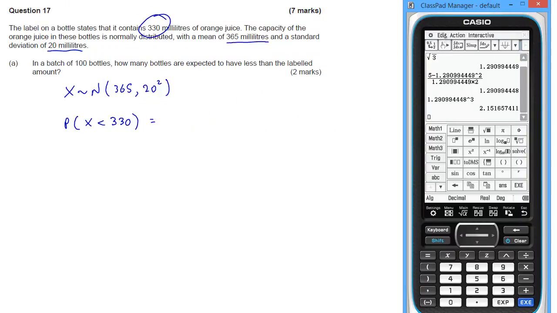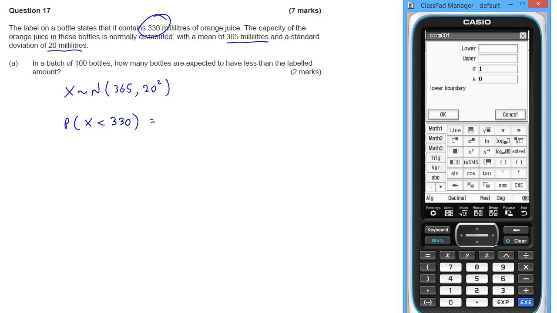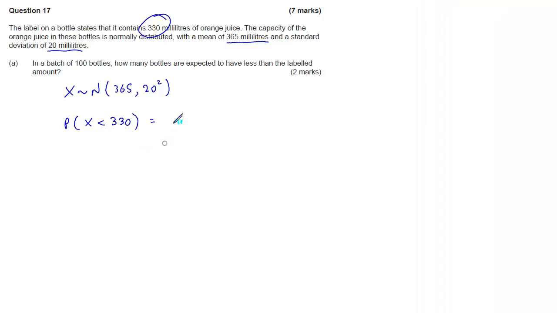Let's just clear everything that we've got here just to make some space. And then we're going for a normal distribution. So normal CDF, and the lower, we'll take that to be negative infinity, and the upper is going to be 330 because we're going less than 330. We know that sigma was 20 and that mu was 365, so that's 0.04